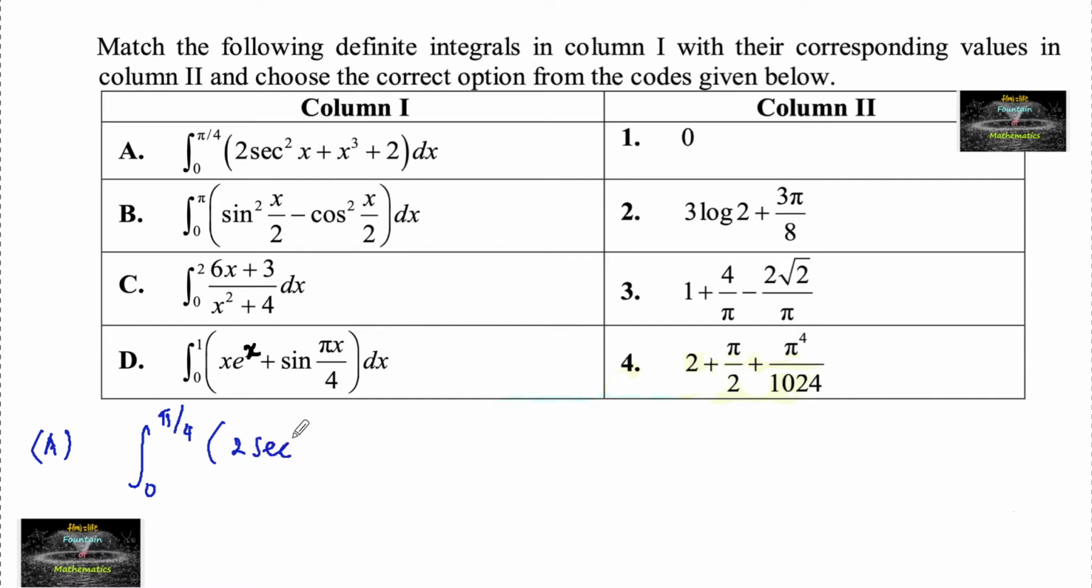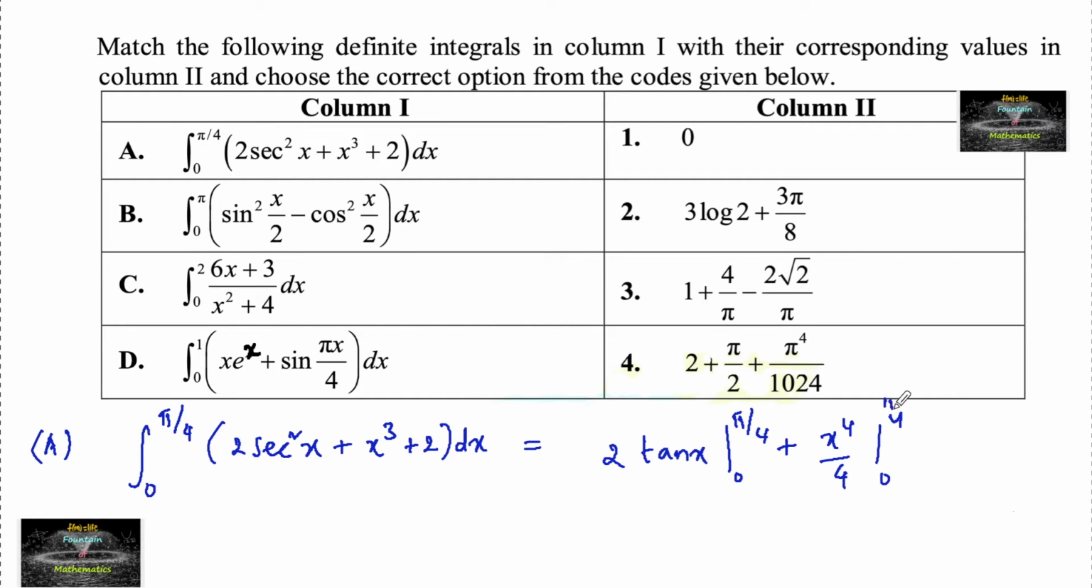2 secant square x plus x power 3 plus 2 dx, which is equal to 2 times the integration of secant square x, which is tan x, from 0 to pi by 4. Integration of x power 3 is x power 4 by 4 from 0 to pi by 4, and 2x from 0 to pi by 4. On substituting the limits, 2 times of tan pi by 4 is 1 minus tan 0 is 0, and here